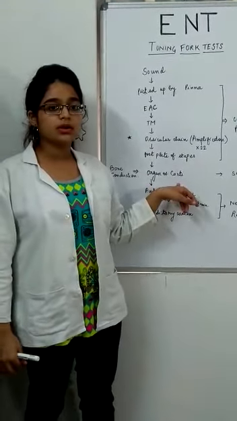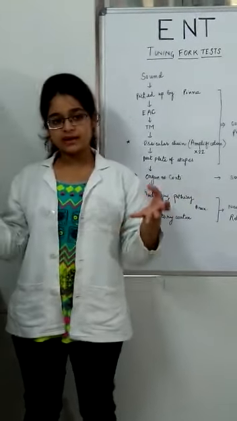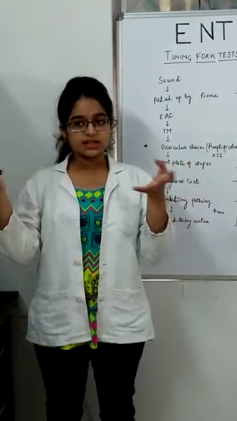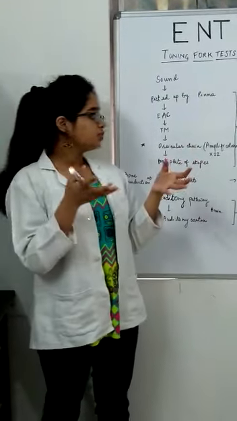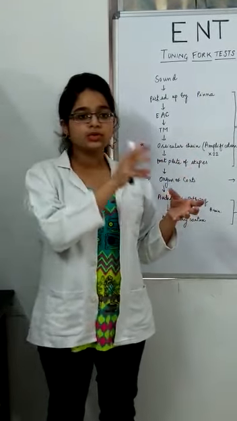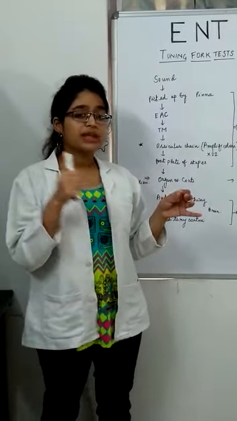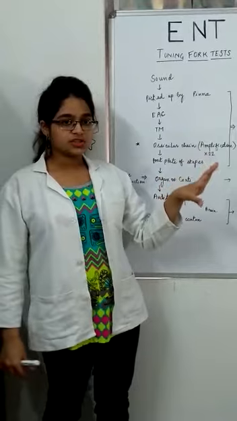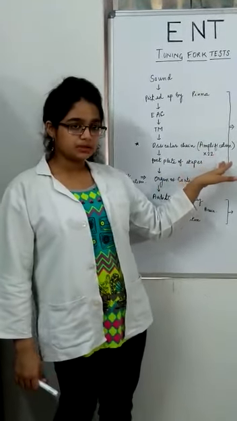And what is there in the cochlea? There is fluid. So from the air, the sound has to go into the fluid. So of course there is a difference in this phase, and the sound will not be able to reach that much. So there has to be an amplification that occurs in the middle ear.